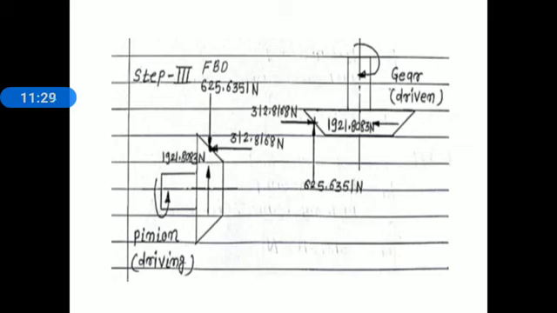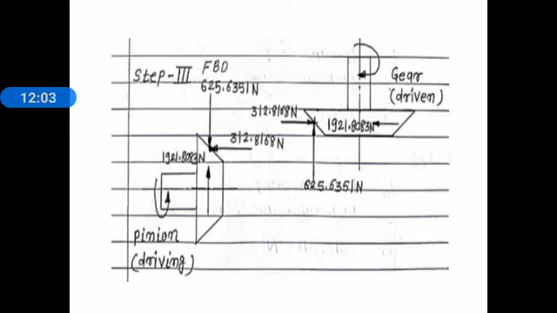Now where it is shown, that is the midpoint of face width. In force analysis we discussed the resultant forces act at a midpoint of face width. That's why the radial component always show on a midpoint of face width. That is always directed toward the center. After that we represent the tangential and radial component on the gear. Now see the direction of rotation of gear, it is a driven, that's why the tangential component same in the direction of rotation, and the radial component is always directed toward the center.